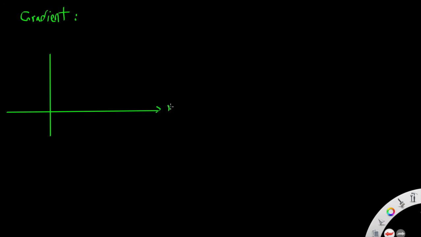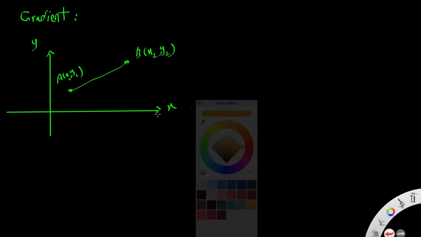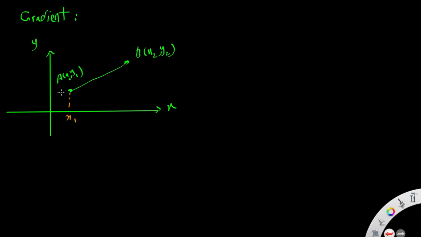Gradient, or slope, in some mathematics texts you see the name slope for gradient. A with coordinates (x1, y1) and B with coordinates (x2, y2). Here I join them using this straight line. Again we know that this is representing x1 and y1 here, x2, and here will be y2. Extend this line. Now gradient,